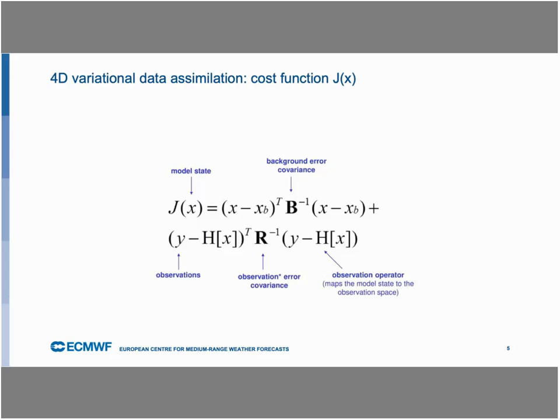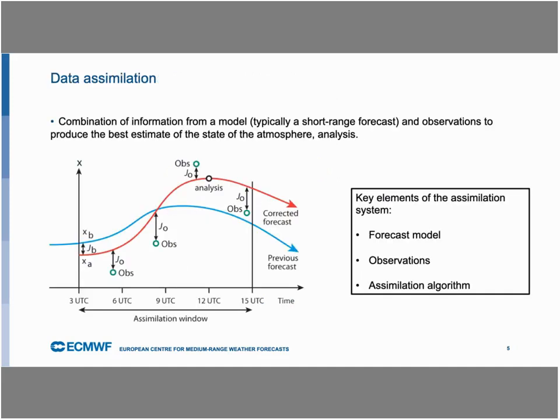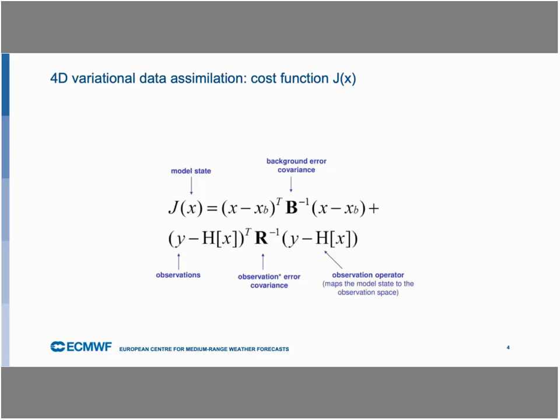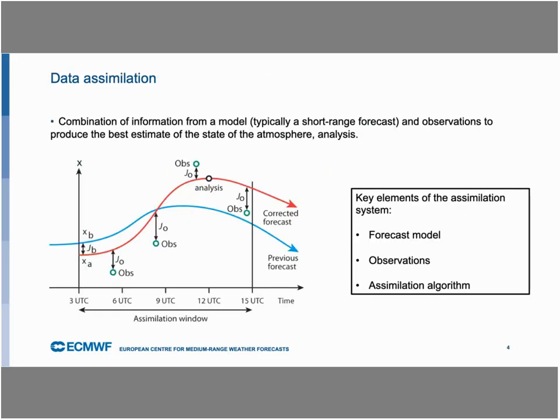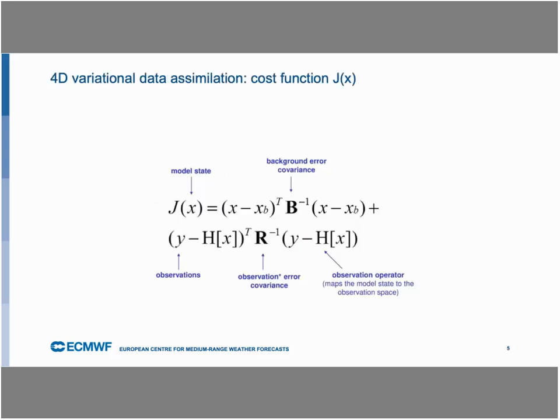It has two components. The first one, the B component, is the model background, so it's the blue line in this figure, and then the lower part, the R part, is the contribution from the observations, which is then the green dots in the schematic figure. And the aim is to combine these two sources of information in an optimal way. And a key role for this is played by the background error covariance matrix B and the observation error covariance matrix R